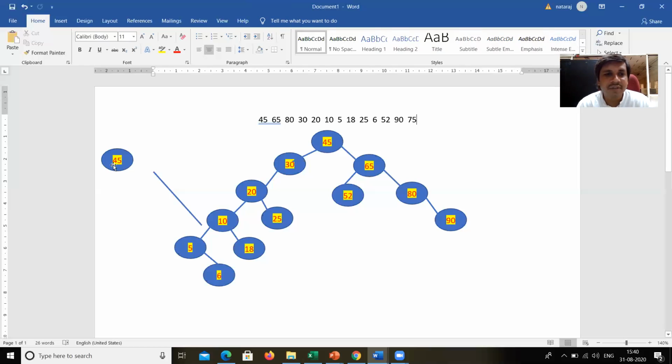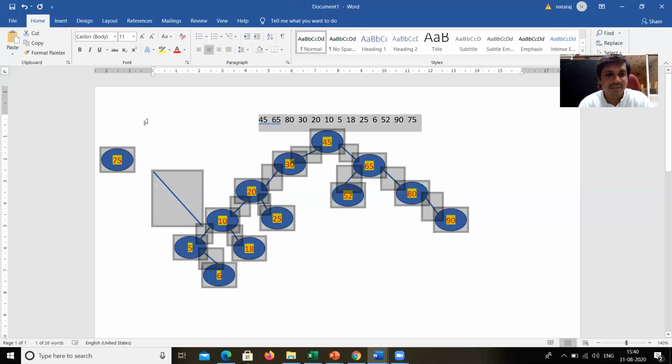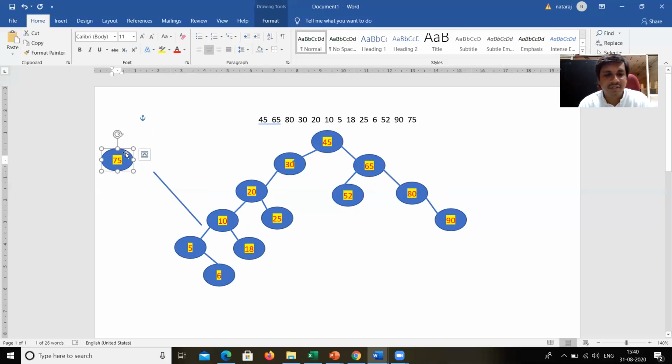So 75, the last node. 75 is greater than 45, greater than 65, but less than 80. So the position of 75 is to the left of 80, not to the right of 52.